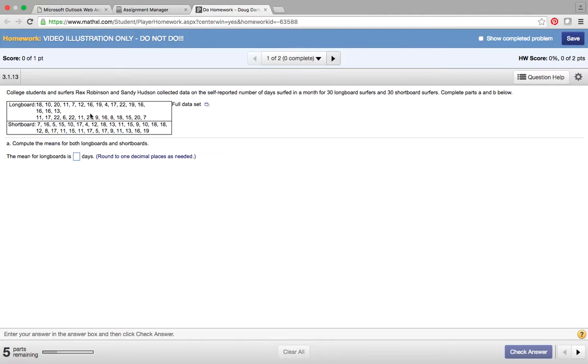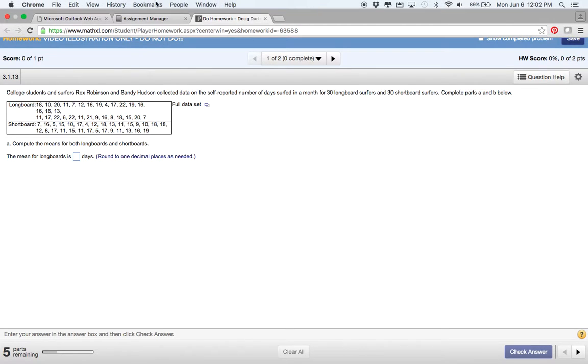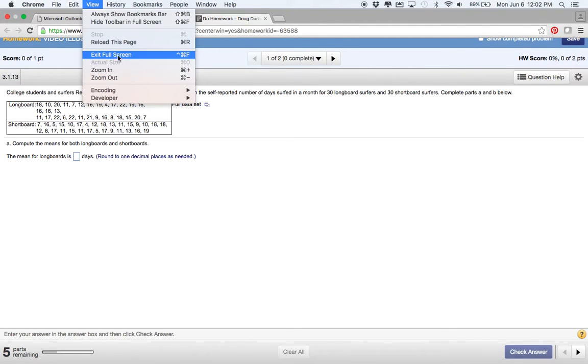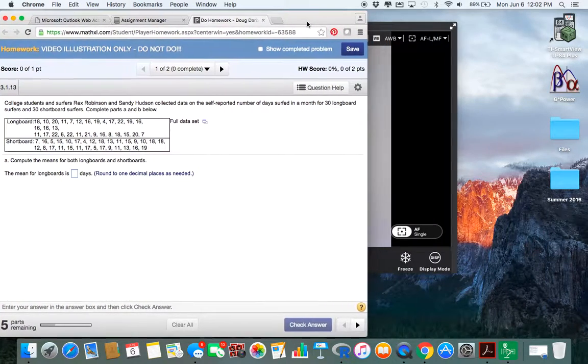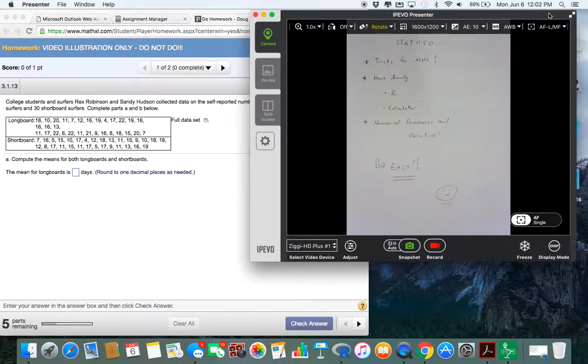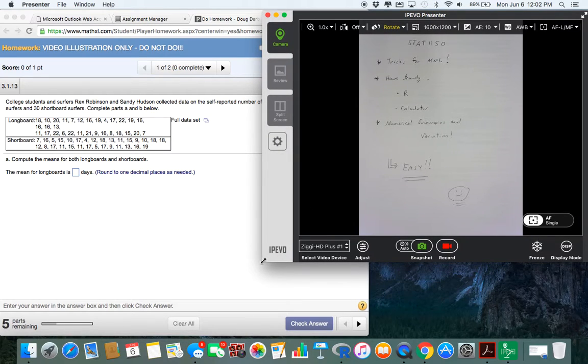Now, when we see this, for longboard we have 18 and 10 and 20 and so on and so forth. And then shortboard, we have 7, 16, 5, and so on. I guess we have quite a few numbers. Now, one thing that you could do here, let me exit this, and I want to get this up where you can see it,